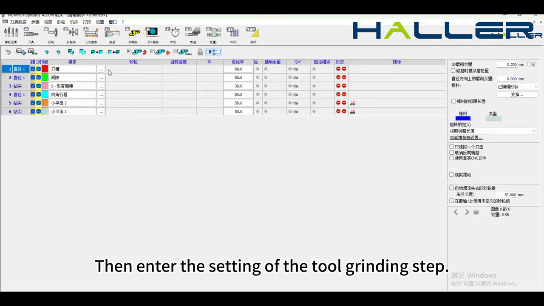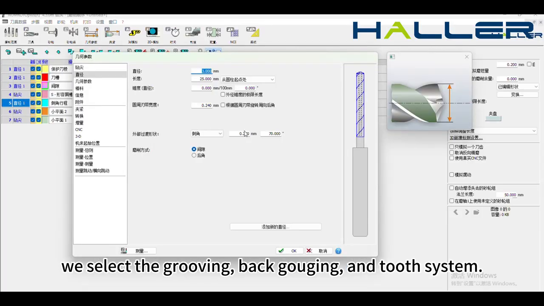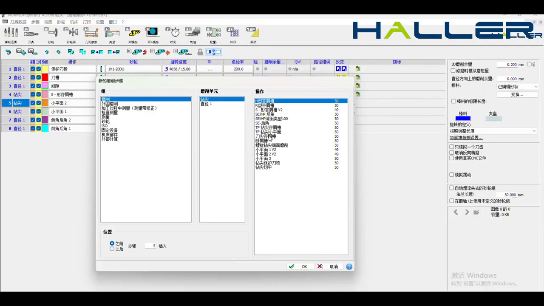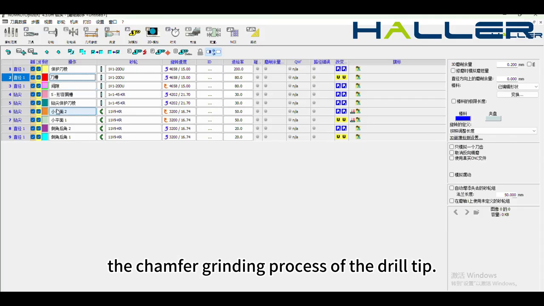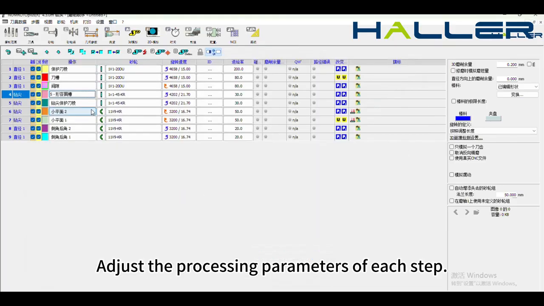Then enter the setting of the tool grinding step. For this drill, we select the grooving, back gouging, and tooth system, the chamfer grinding process of the drill tip. We also select the grinding mill model for each step. Adjust the processing parameters of each step